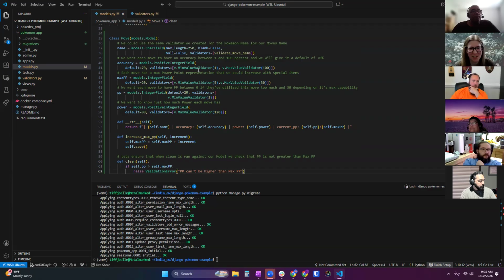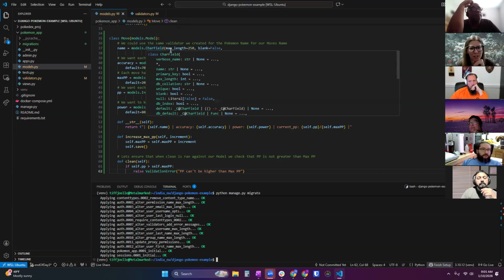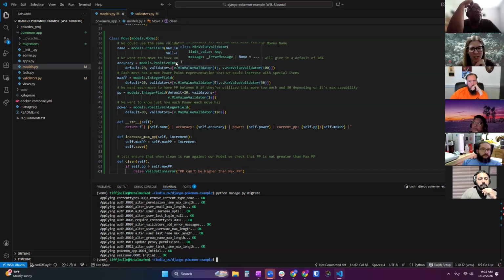The database only cares about our tables within the database, so our tables and the fields within that. Anything else, all these methods underneath, are strictly for our Python backend here. Doesn't matter for the database, doesn't need to be migrated. But we did add a whole new model, this move model. And again, you inherit from models.Model. Each field will be models dot whatever you want that field to be. So we have character fields, positive integer fields and integer fields.